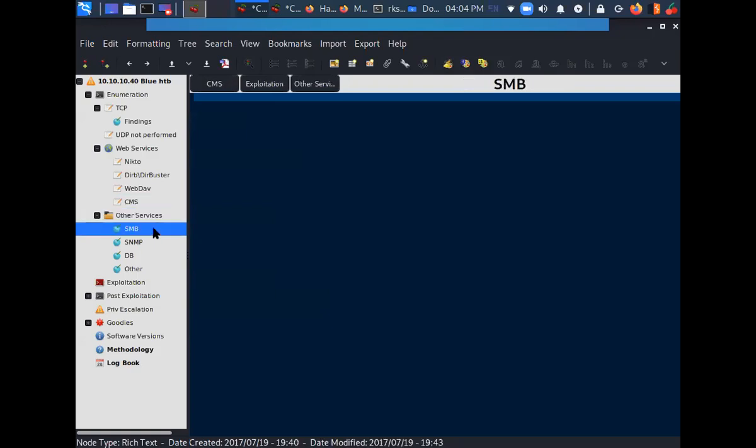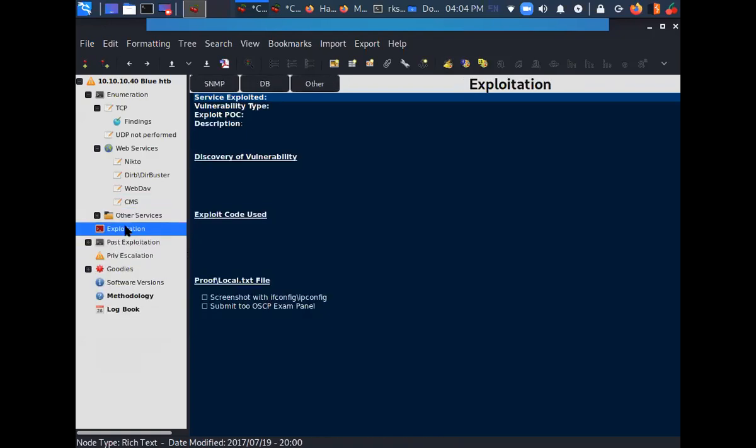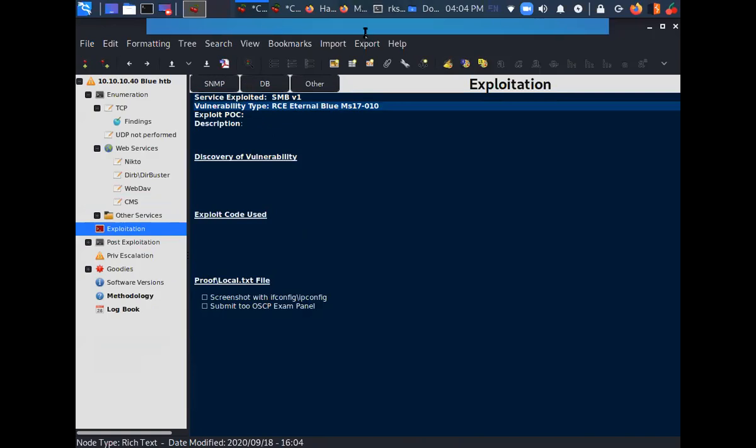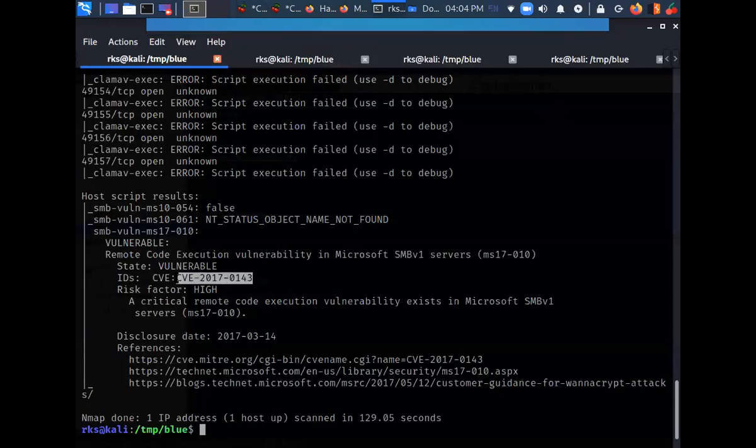Some other miscellaneous services found: SMB, SNMP, DB, other exploitation. Okay, service exploited. So I can mention here like SMB version 1, vulnerability type RCE, EternalBlue, MS17010, and I can even mention the CVE details here.